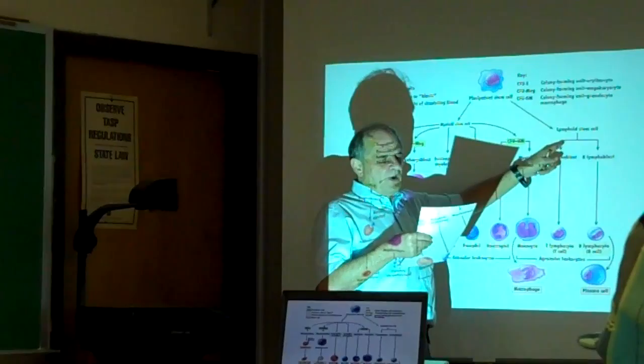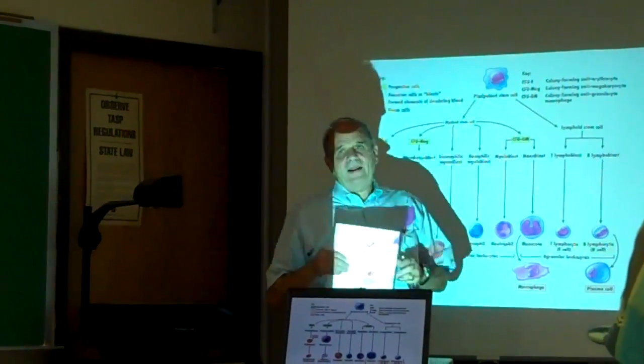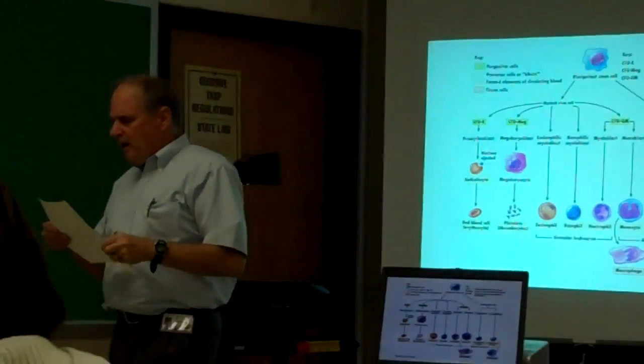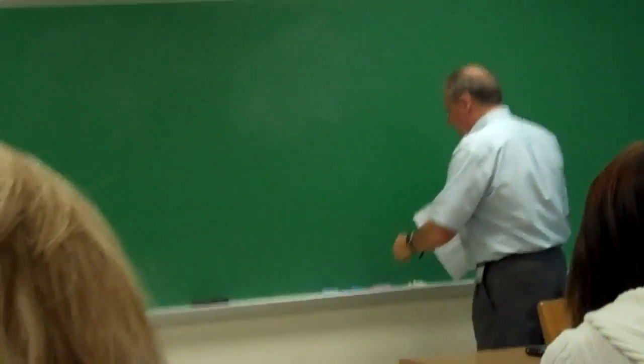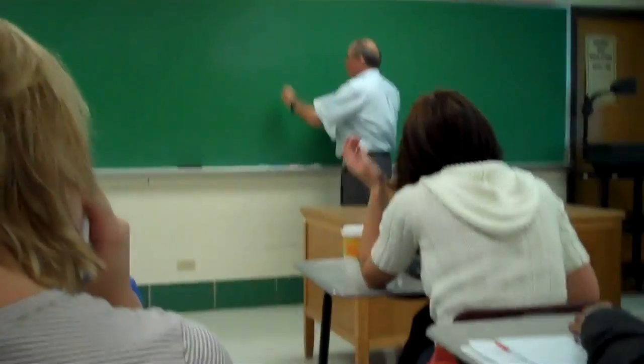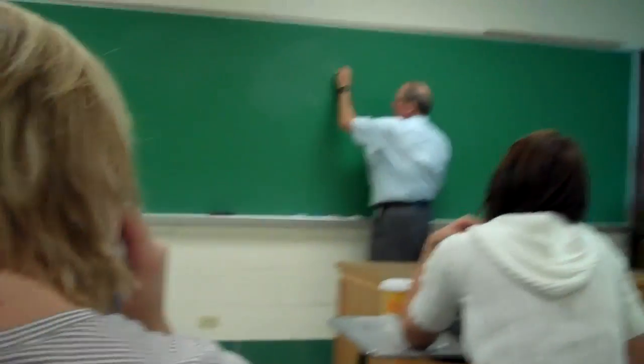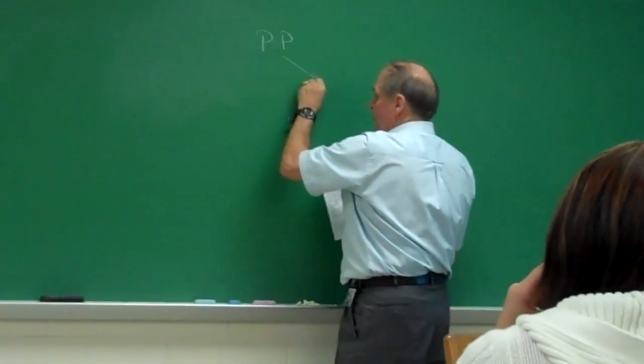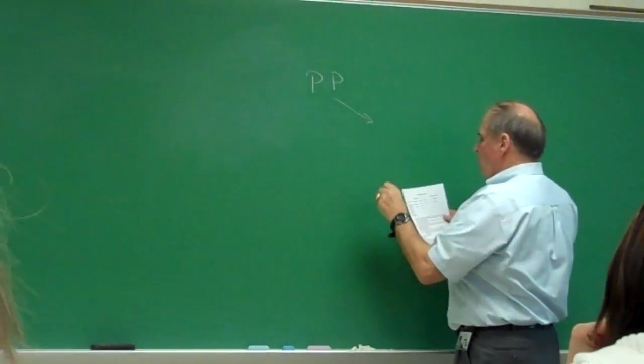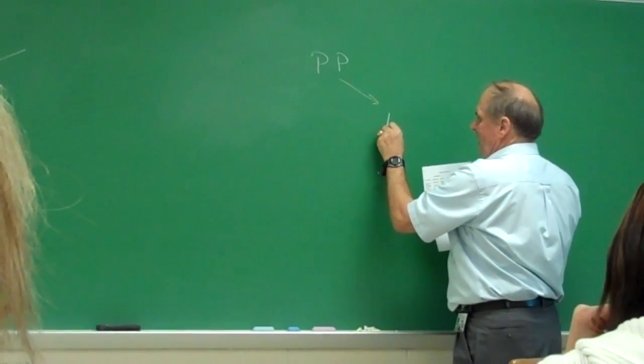But anyway, the pluripotent stem cell can give rise to a lymphoid stem cell. Now, look on your sheet there, everybody. On your sheet, this will go to the lymphoid because that's a simple one. We've got the PP, the pluripotent stem cell, going over here. Now look on yours. We get a lymphocyte,